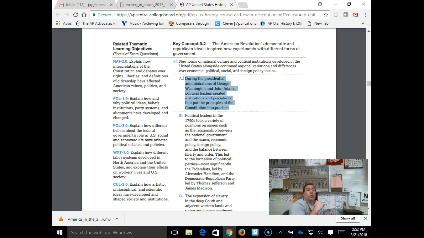He is going to work with Congress, but he's not going to be controlled by Congress. He believes he has the authority to make decisions on his own without congressional approval. He is also somebody who realizes financially we need help, and so he is a loose constructionist. He sets the example that you can use the elastic clause to stretch the Constitution in ways that weren't initially written in the Constitution.